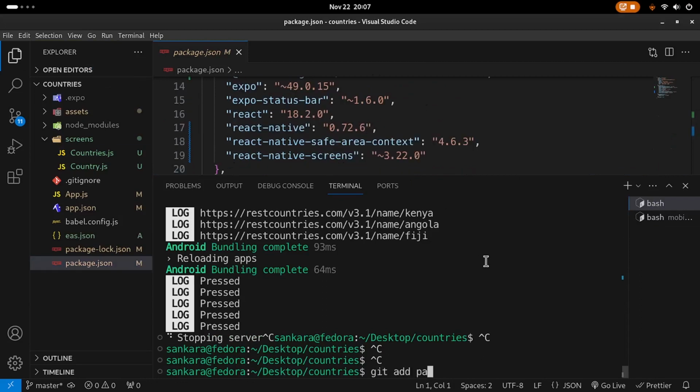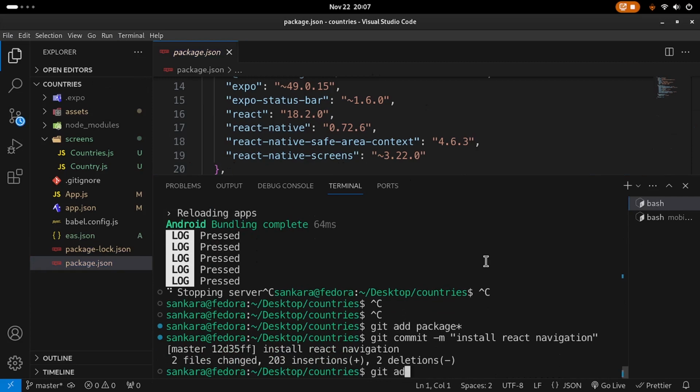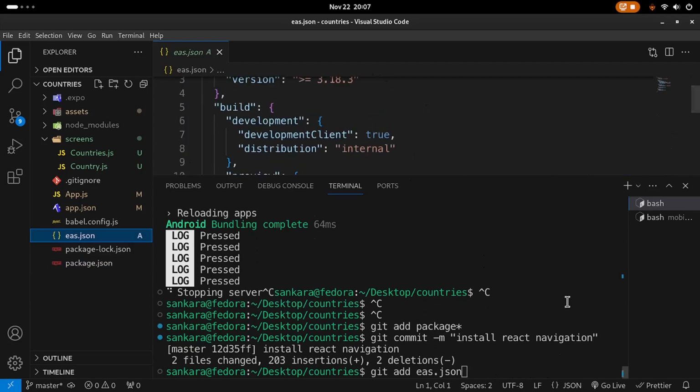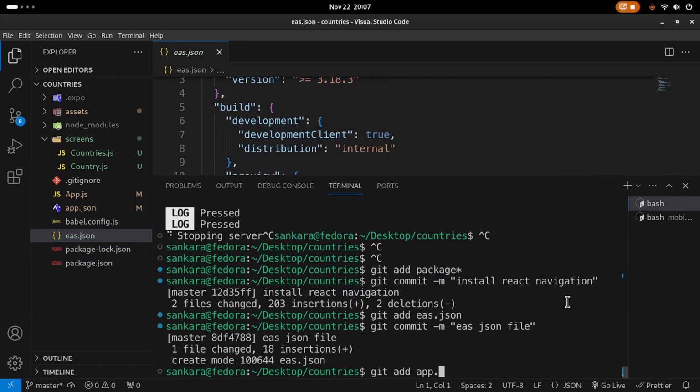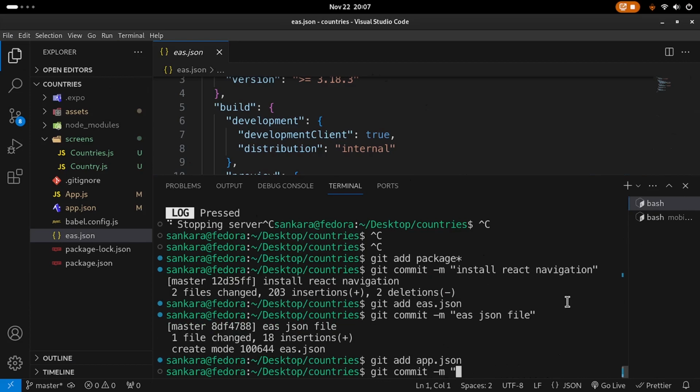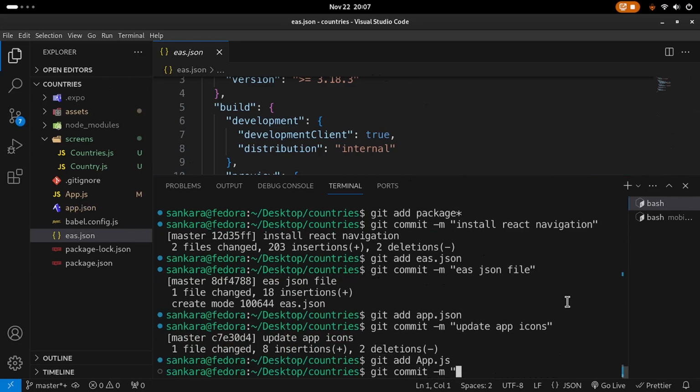Okay. So git add package star and git commit. I'm going to say install React navigation. And then git add eas.json. What's in this file? This should be the version. Let me say git commit, and I'm going to just say eas.json file. And then git add app.json and git commit, and I'm going to say update app icons, and then git add app.js, git commit. I'm going to say setup React navigation,